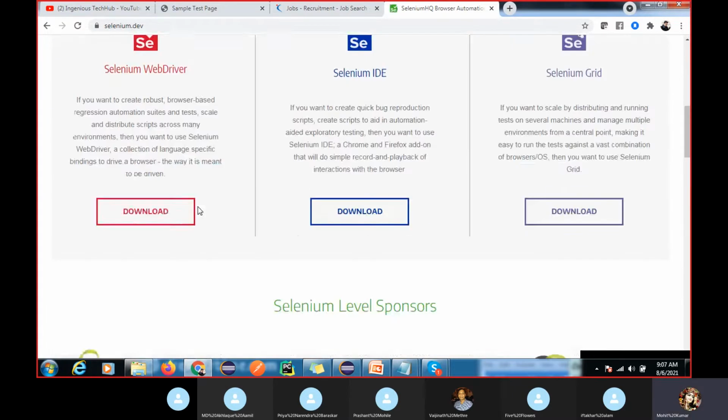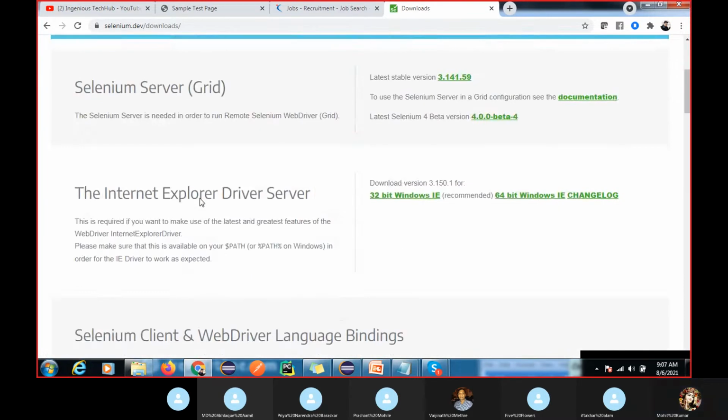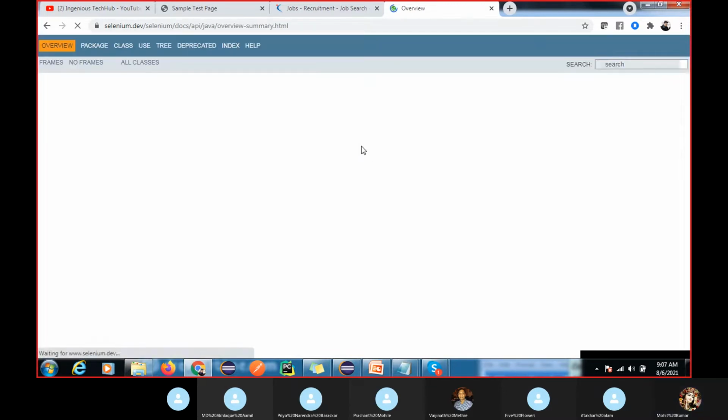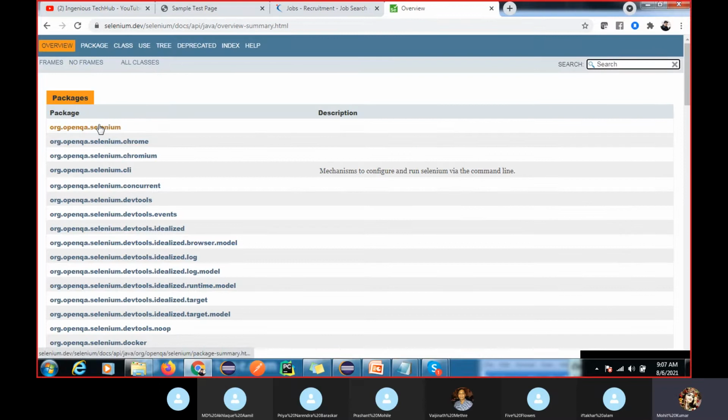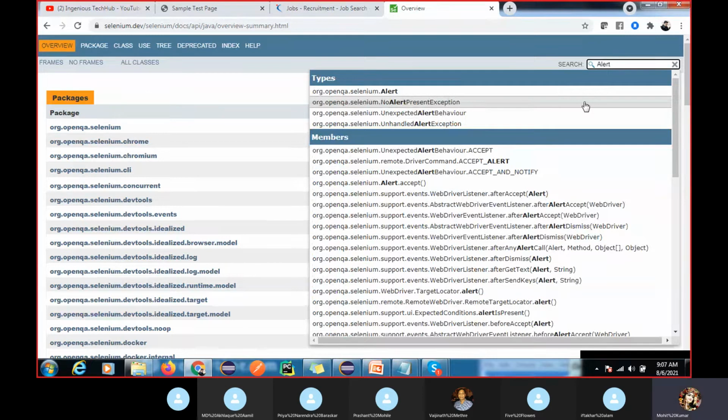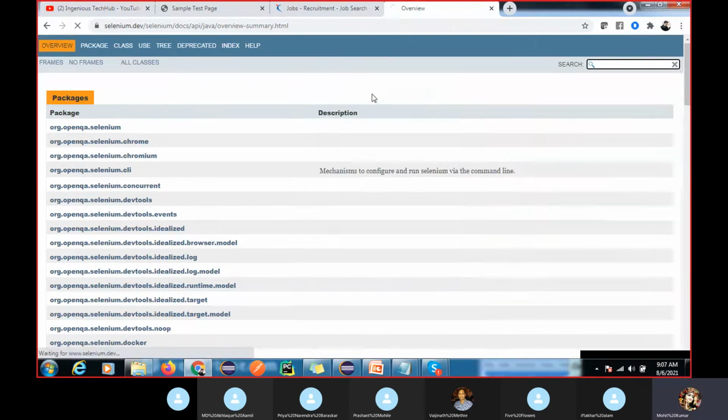Go to the Selenium documentation and go to downloads. In downloads we have the API docs. Type Alert, it is there.